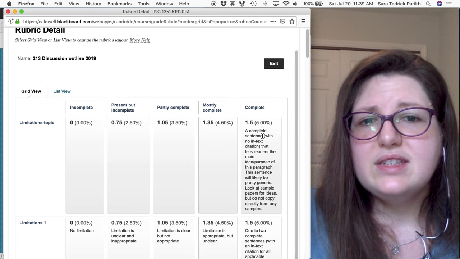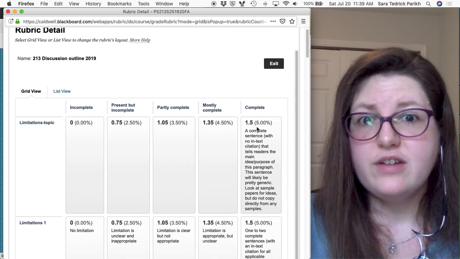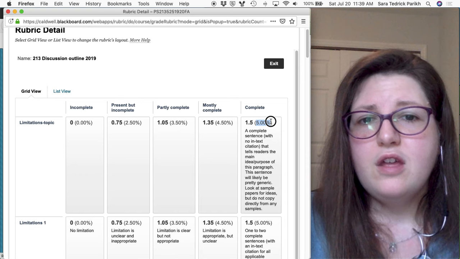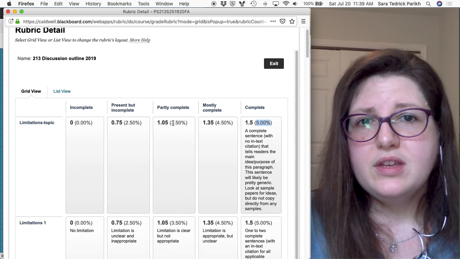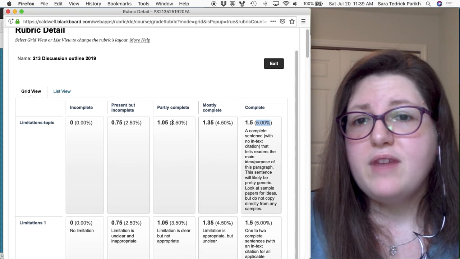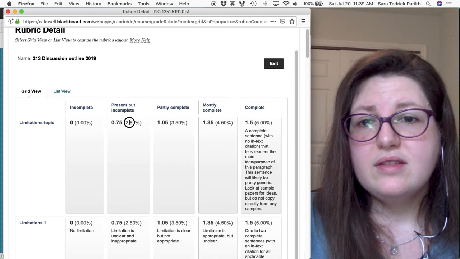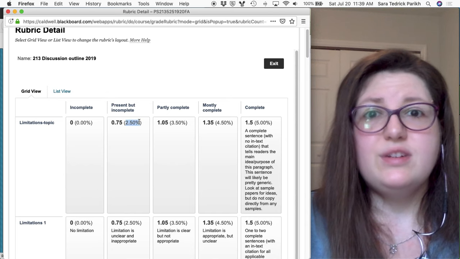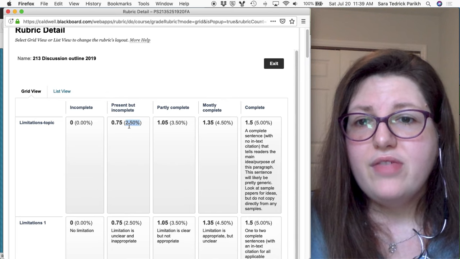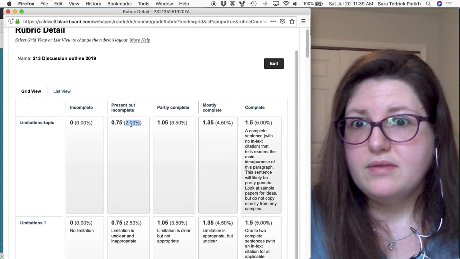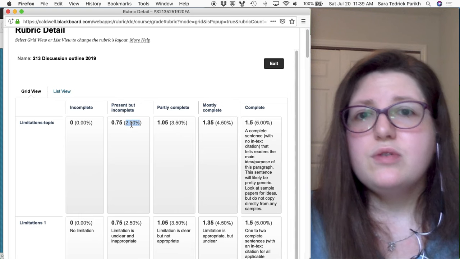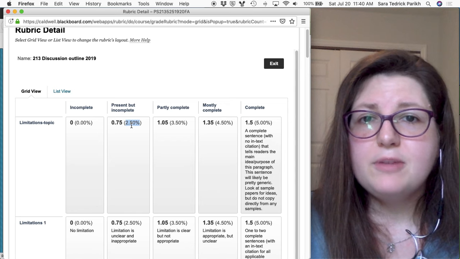And the outlines I tend to do pretty generously. So for example, full credit is 5%. So half credit would be 2.5%, but I've actually given you 3.5% for being partly complete. For having anything like you did it, but you did it completely wrong, that would be half credit. So I'm very generous in the scoring at this point. That means a couple things.